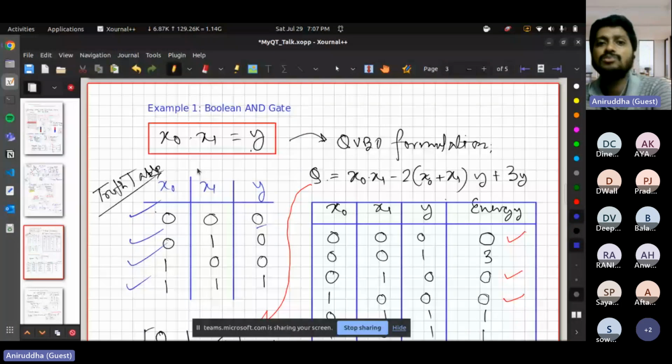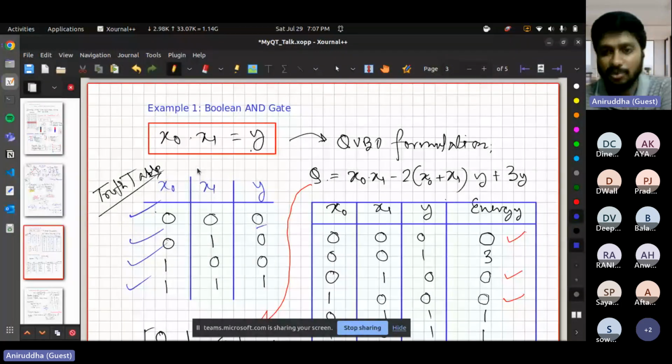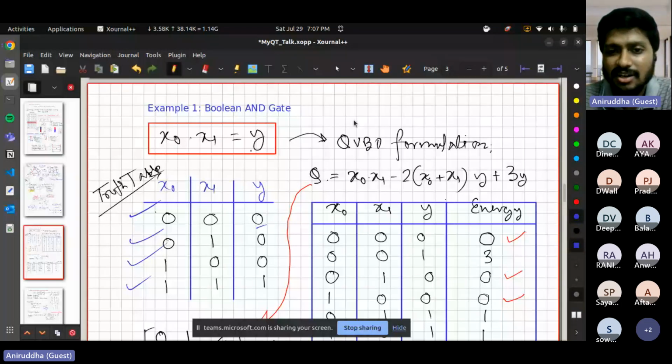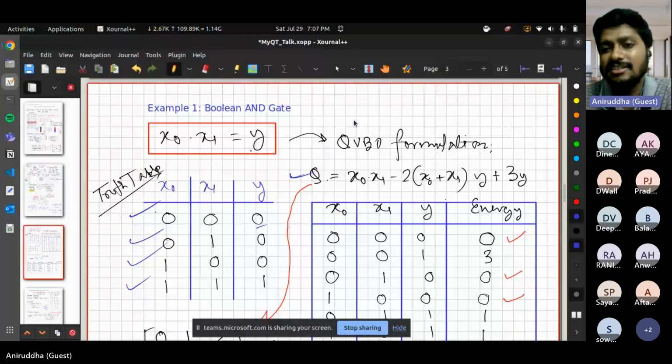Now the thing is how to solve this problem using a quantum optimization approach, right? To do that, of course, some background research is needed on how to construct this QUBO. I will not get into that because that's something you get after doing a lot of study. That's an operations research kind of approach, a formulation type. But this is a QUBO you can consider for this same mathematical problem.